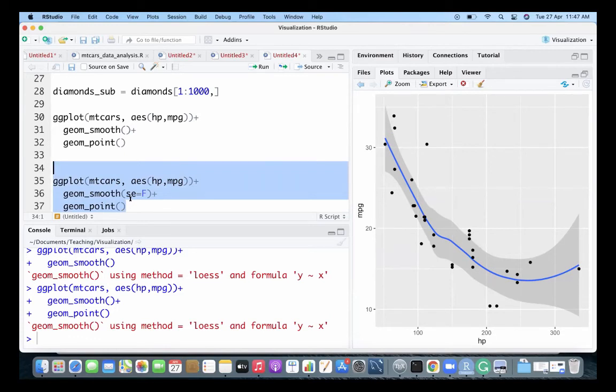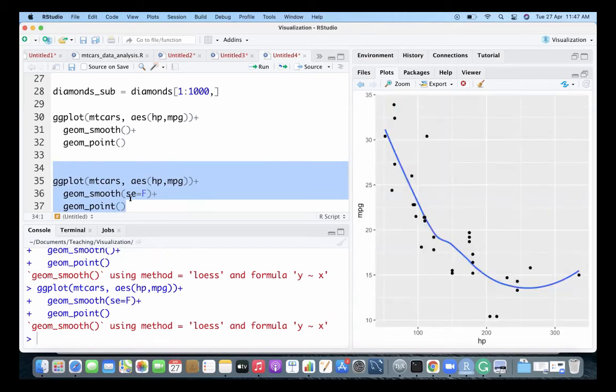So if you do se equal to false, then it will just draw the smooth line or nonlinear line. It's saying that it uses method loess.